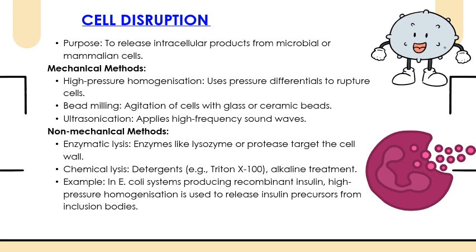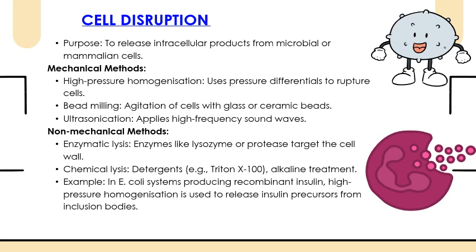Cell disruption is required when the product is located inside the cells. The techniques include mechanical methods such as high pressure homogenization, where we use pressure differences to rupture the cells. We have bead milling, which is agitation of cells with glass or ceramic beads. We have ultrasonication, which applies high frequency sound waves to break down the cells. We also have non-mechanical methods, which sometimes use enzyme lysis, like lysozyme or protease targeting the cell wall